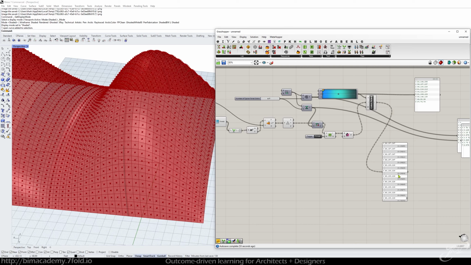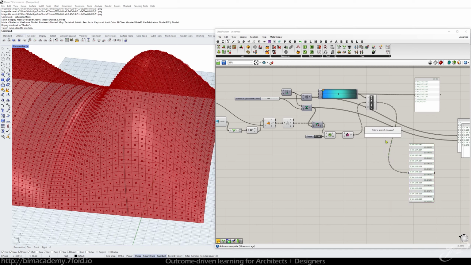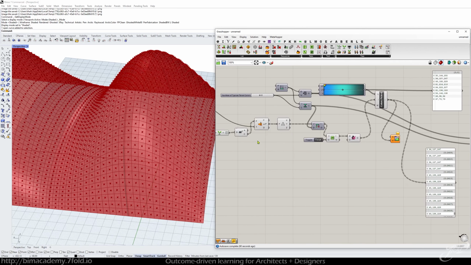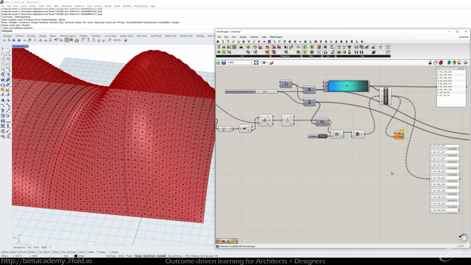So what I could do if I wanted to preview this, I could take these colors and just simply feed in a custom preview and let that be the M. The geometry it would associate with is actually my original grafted surfaces. And if that's not working for me,